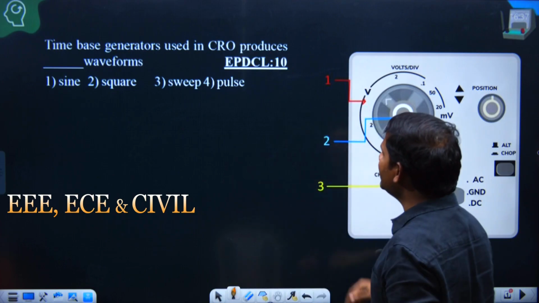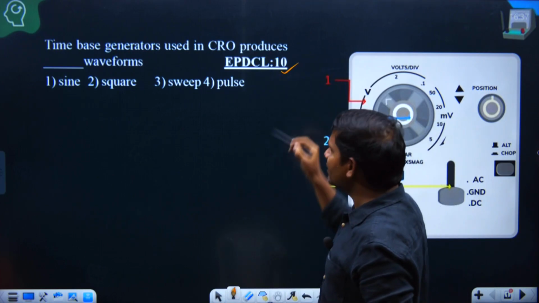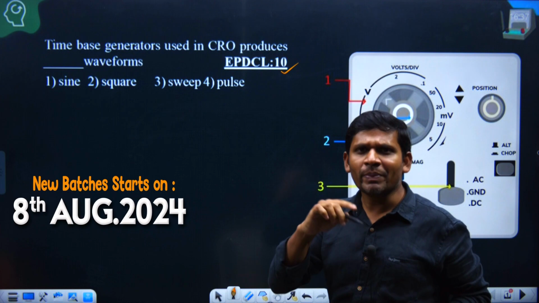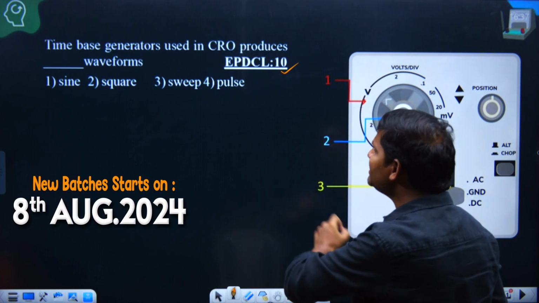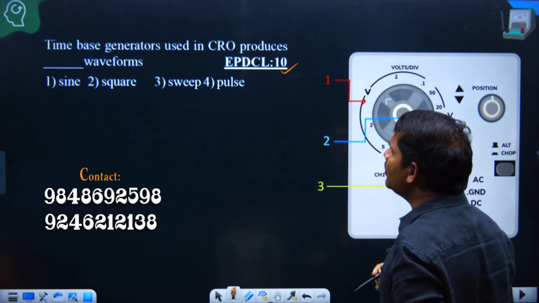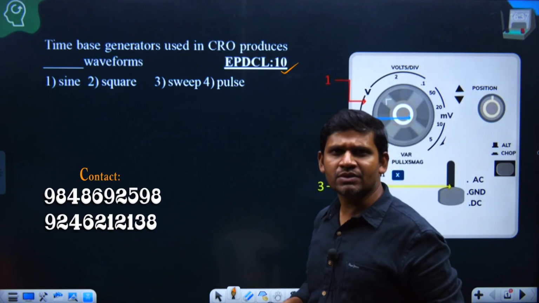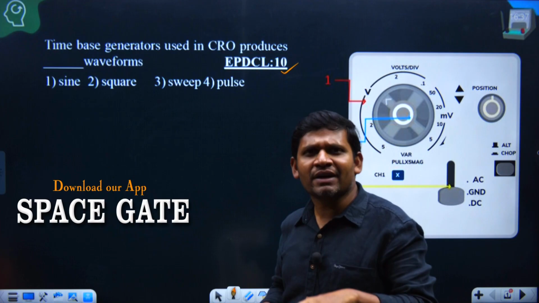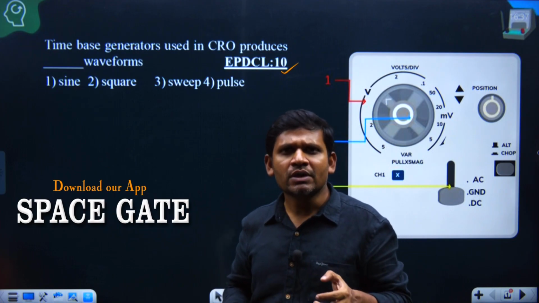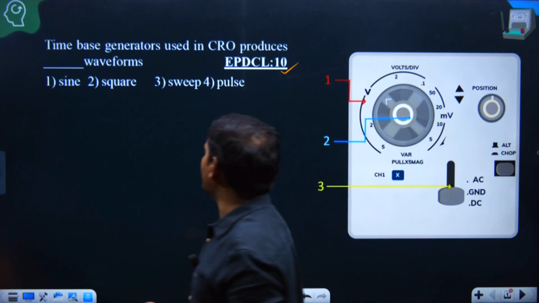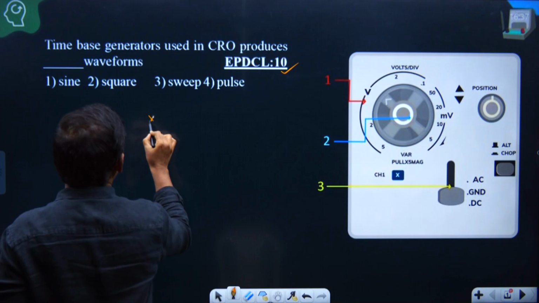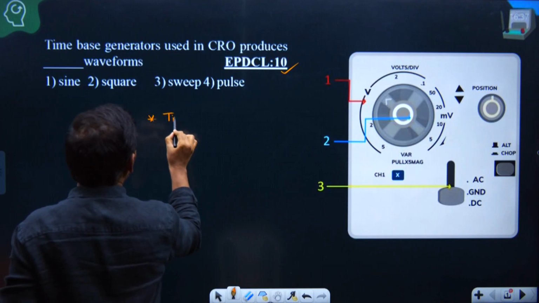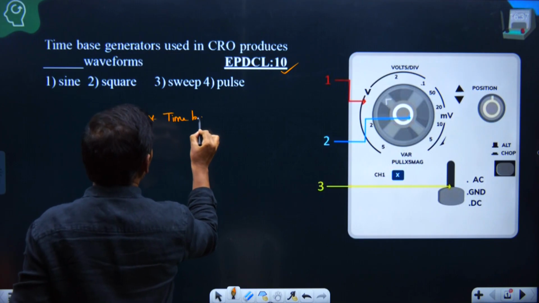This question is asked in EPDCL 2010, subject Measurements, topic CRO. Time-based generators are used in CRO to produce dash waveforms. Students, we know that we are using a time-based generator in the CRO to produce a sweep signal or sawtooth waveform. Very important statement that you have to remember: the time-based generators